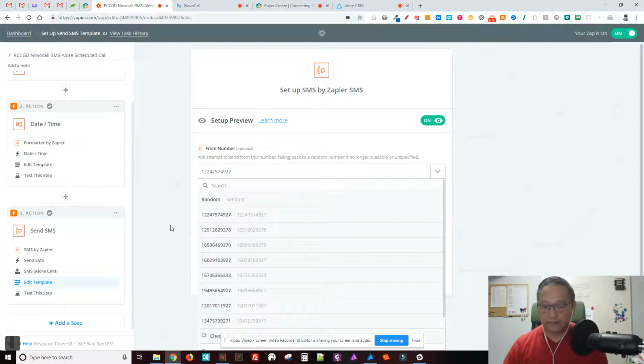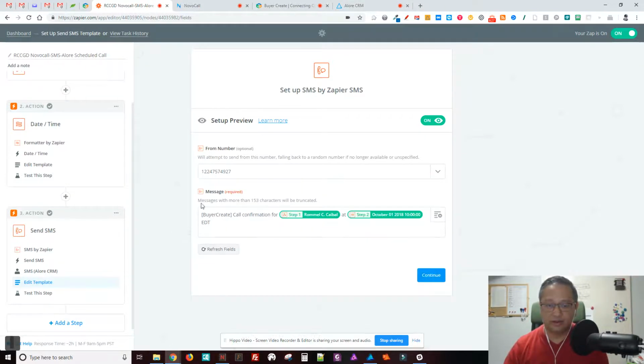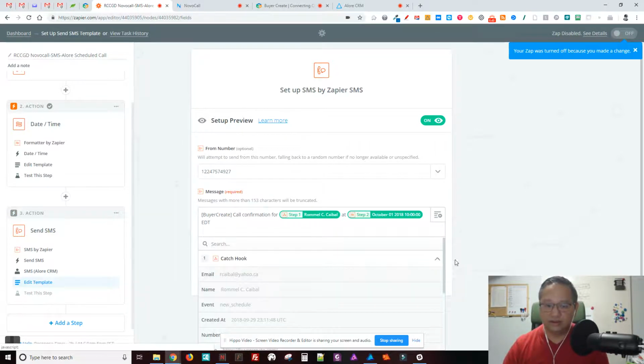That way, every time you get that SMS message in Alore, it'll be the same number. In my case, I set it up as area code 224, and in my message here, I added a prefix so I know where that SMS originated from, and then call confirmation for,